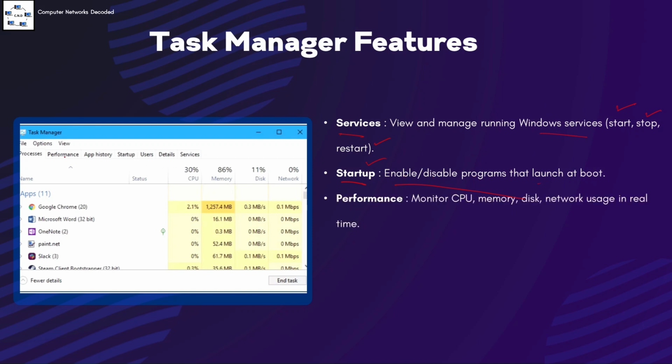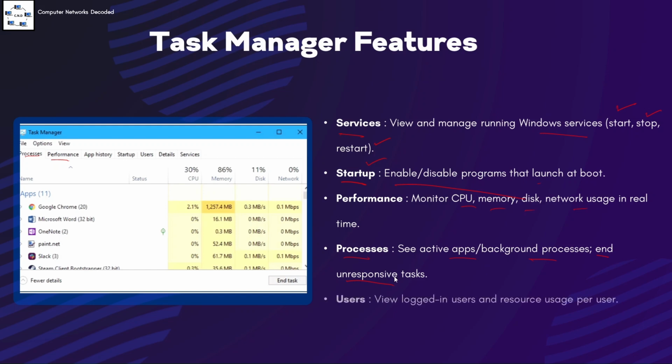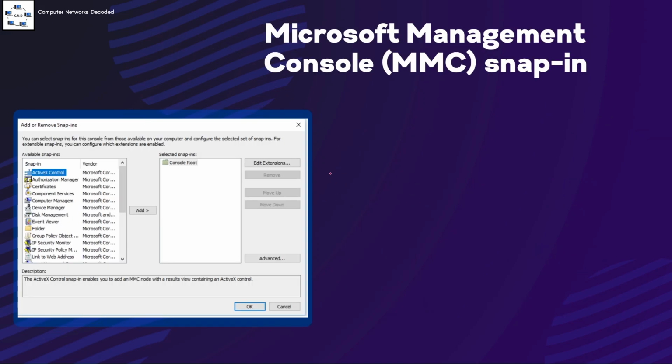Then is the performance tab. This monitors CPU, memory, disk, and network usage in real time. Then we have the processes tab, and in the processes tab we can see active applications and background processes, and we can end the unresponsive task. And then the users tab, where we can view the logged in users and resource usage per user. Next is the Microsoft Management Console snap-in, that is MMC,